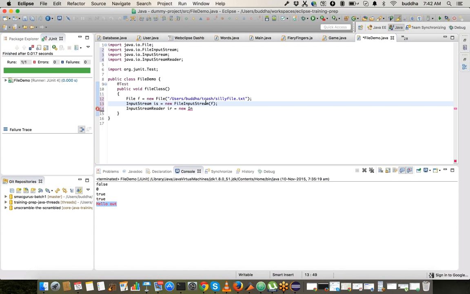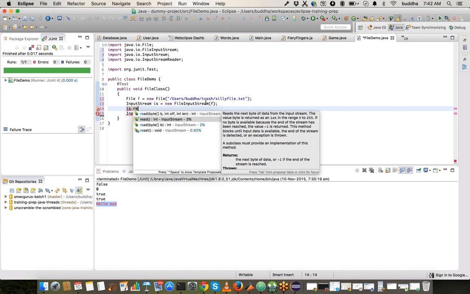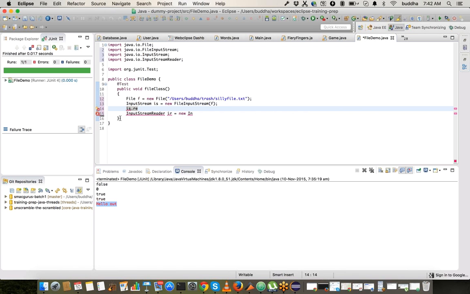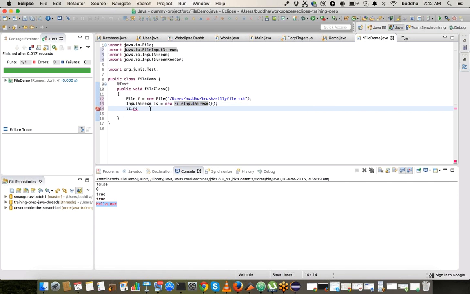Now we can create an input stream from a file, and if we call dot read, we'll be getting character content byte by byte. We don't even have to create this input stream reader for us to do that. Even input stream itself can do the job of reading from a file. So now if we say read,